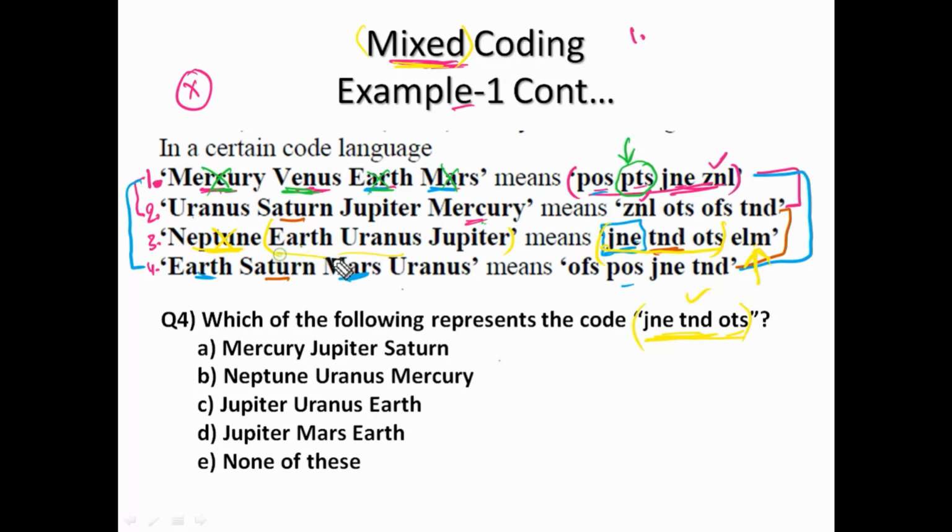So these three words should be there. They may be in an order, they may not be in the same order. Okay. So where it is available, Jupiter, Uranus and Earth, then the answer is option C. So don't go for option none of these because they are not given in the order. Okay, order is not mandatory here. The order can be in any way, but the three words should be there. Right, we'll see the next question.